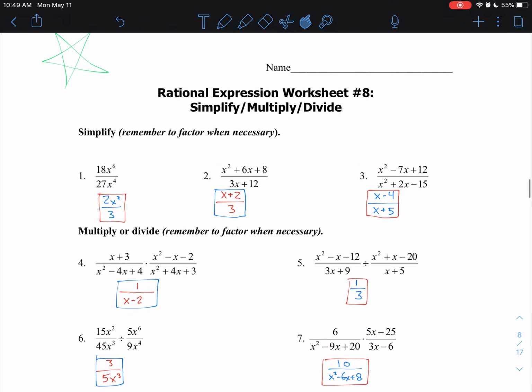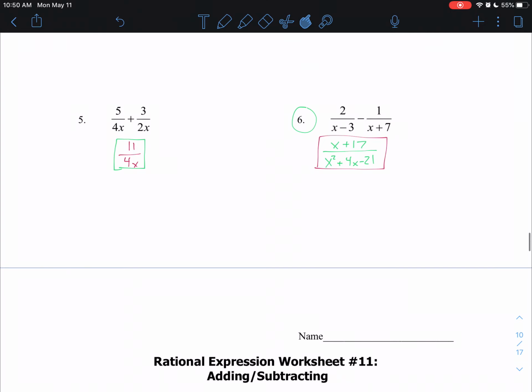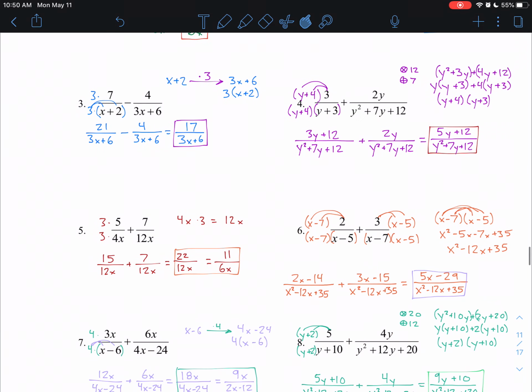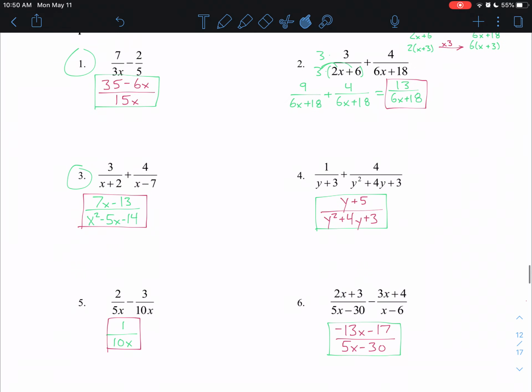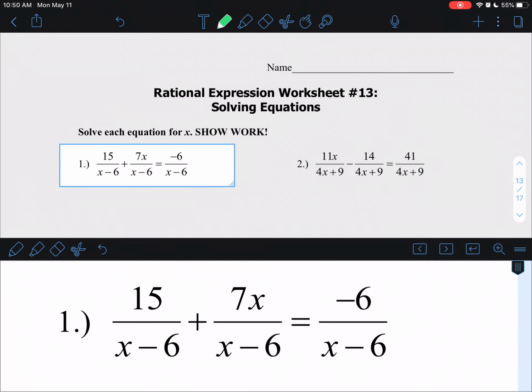We know that it's simplification if there's only one fraction. We know that it is adding or subtracting if there's an addition sign or subtraction sign in the expression. We know it's an equation, which is what we're looking at today, if there's an equal sign, because our equations are always going to contain an